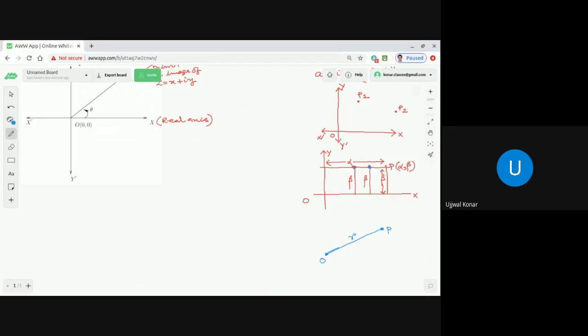Now we can have many such points which are at a distance R units from the fixed point O. That point O is fixed, it cannot change. So what can we do? We can draw a circle, dear students, if you remember. Though it may not look like a circle, assume this is a circle. Now every point on it is at a distance of R units from the point O. So this point, and this point, and this point are also all at a distance R. So then how do we represent a point uniquely?